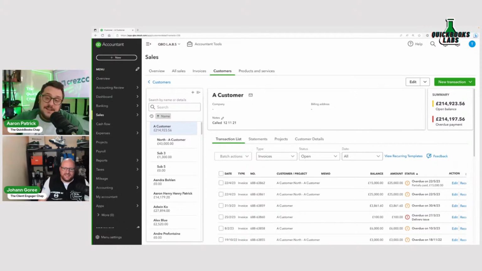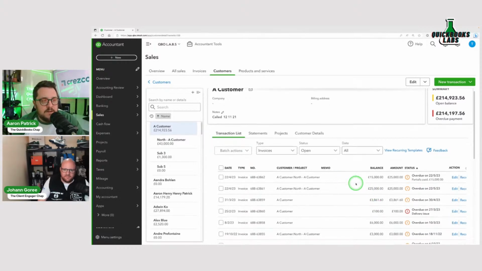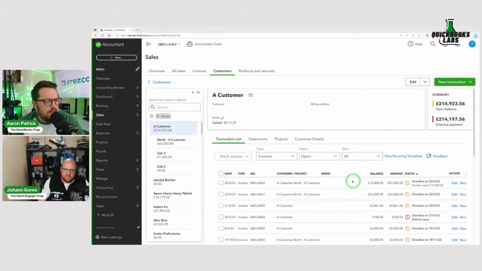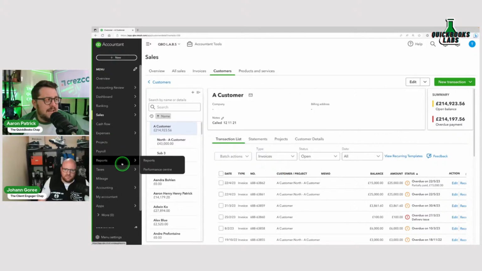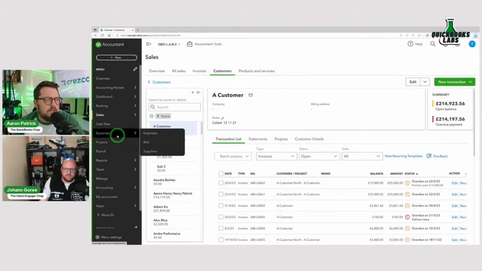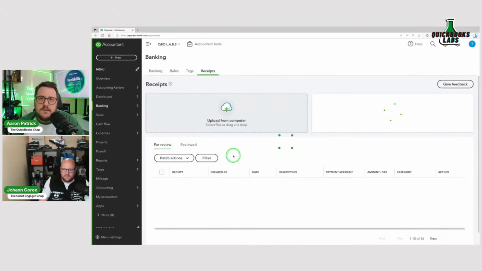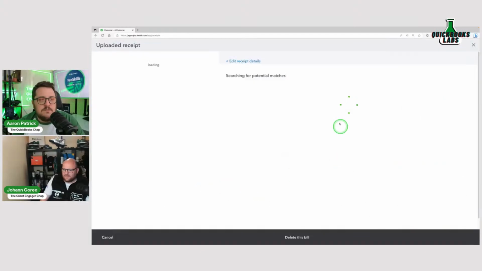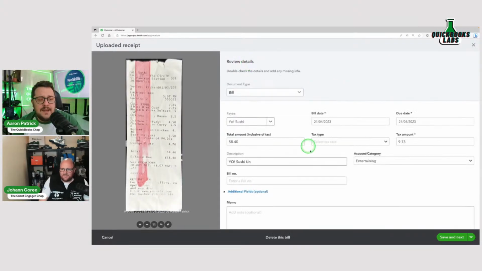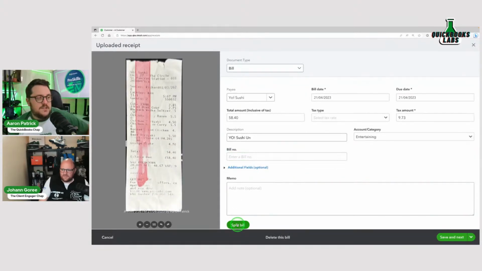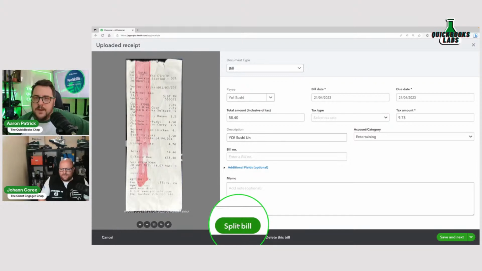Okay, but no, I think this is a nice little feature. I know people who are already out there seeing the benefits of it, which is good to see. Speaking of new features that are good to see, and this one definitely came left field, because we were under the impression that this area was not going to be touched for a very long time. That's what we got told. But if we go to the receipt section and jump into a receipt and say that I need to edit one, I now have the opportunity finally to split my bill.